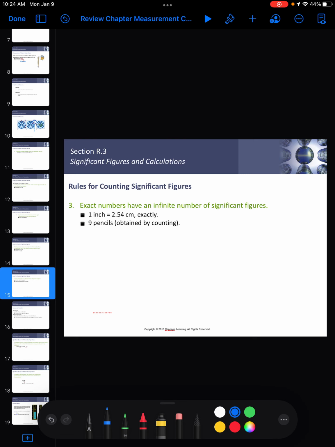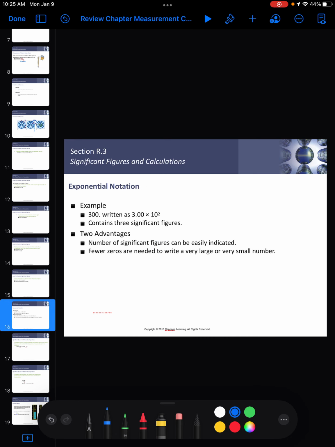You may or may not remember that from math, but it's 2.54000000 on forever. And so if it's a counting number, for example, that's the most common example, it is infinite number of significant figures,